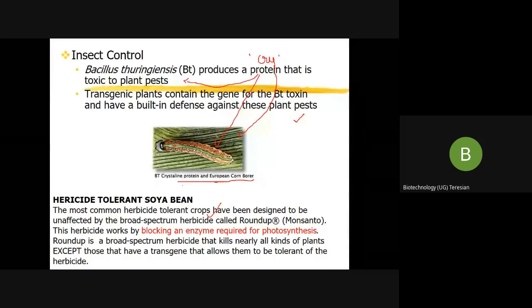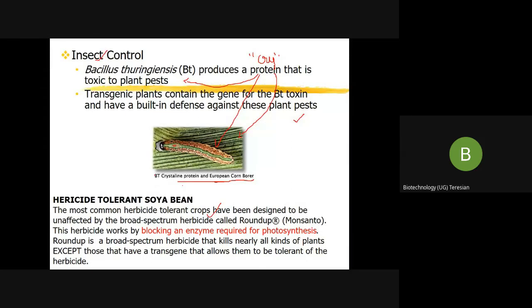Now what happens when the actual worm or the insects come and feed on your corn plant? It is going to die because the leaf is carrying the poisonous gene for that worm. So it will eat, and that protein will enter from the leaf into the insect, wherein it will dissolve all the contents of the insect and ultimately the insect will die. This in detail we shall explain, but just remember, biotechnology can be used even for insect control.